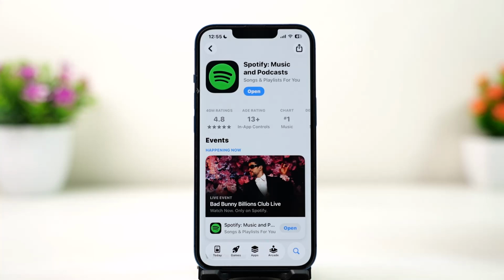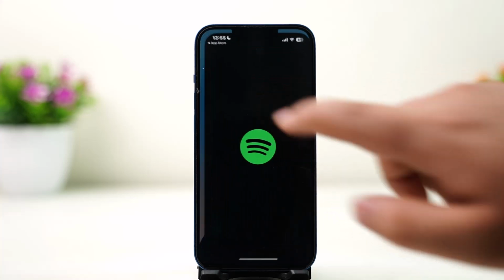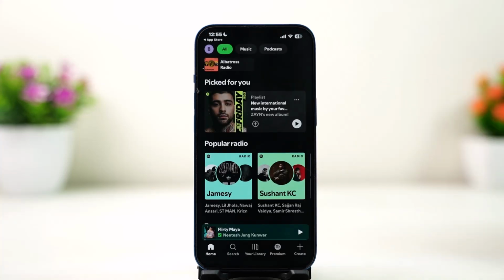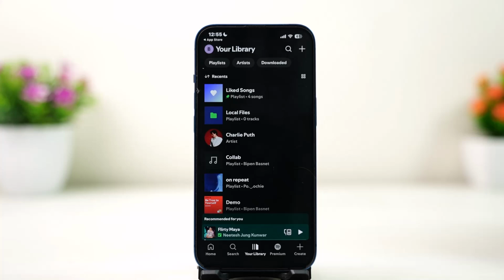So you can open up Spotify if you have the premium, and if you have access to the feature, you can open up Spotify and head over to Your Library option. Here, what you can do is type a detailed